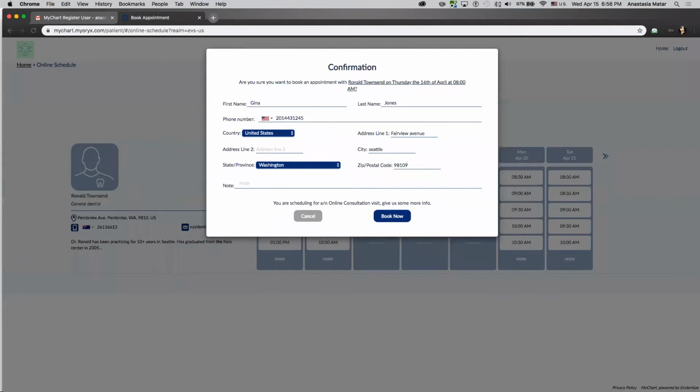It could be something like pain, burns, so anything that the patient has problems with. So for example, toothache and burn sensation in the bottom right side. Okay, and then once they hit the book now button, and actually one thing that is really nice